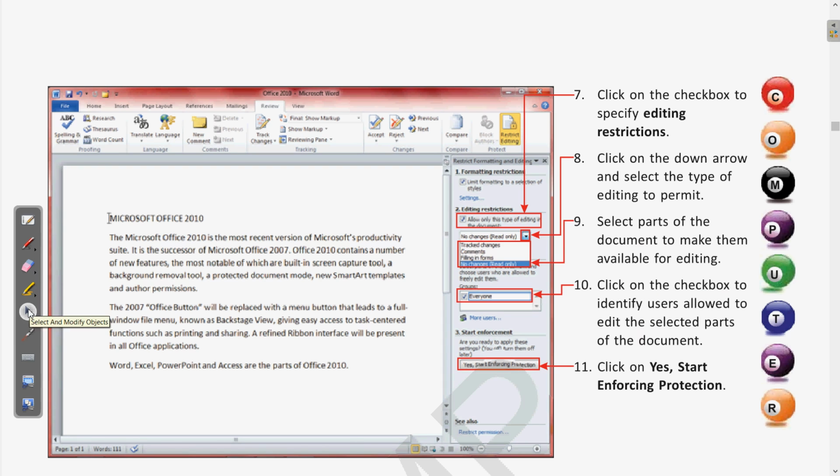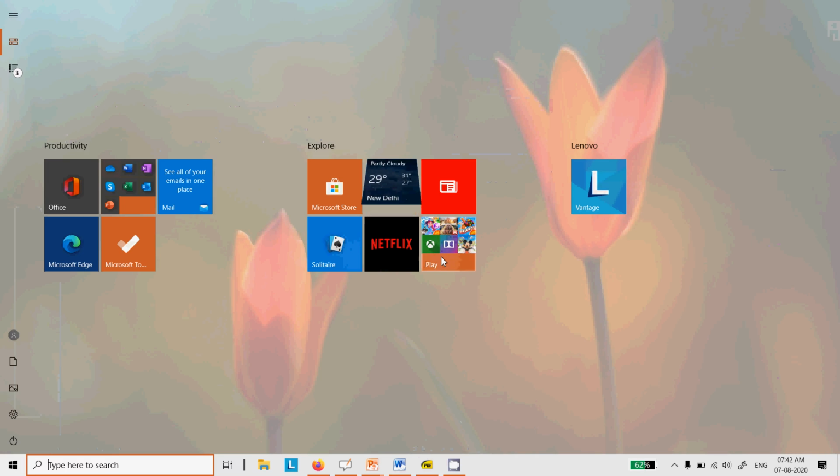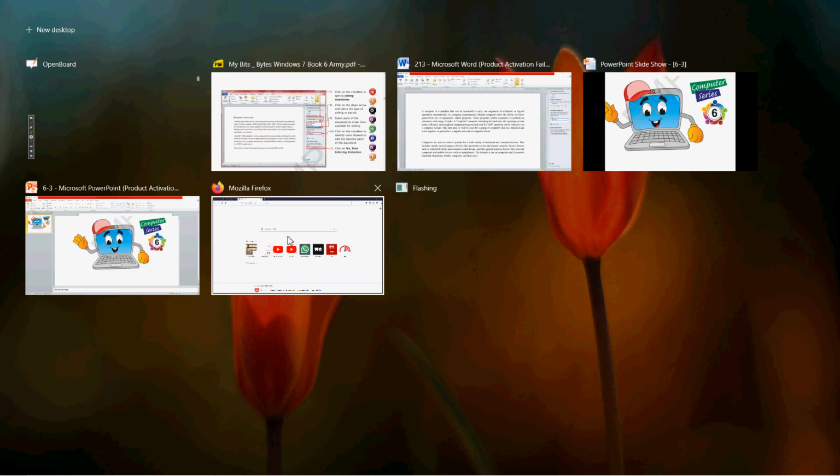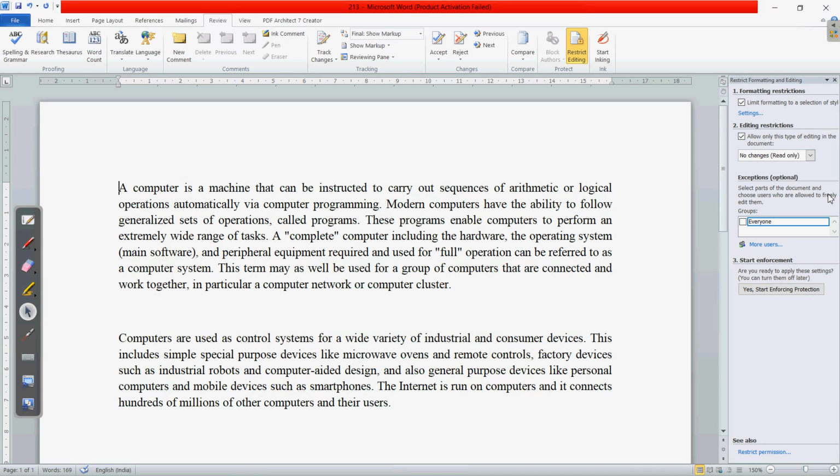If we come again to the software window, here we are. Okay, so here we have some exceptions. If you want to allow some of the persons, clear, if there is more than one user on your computer, you can choose the names of the users.